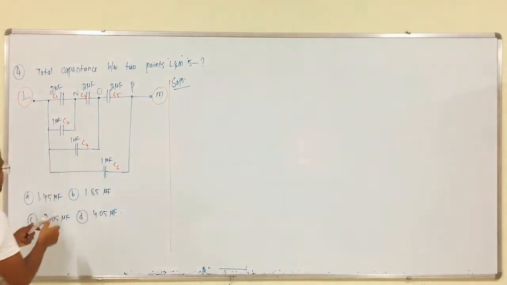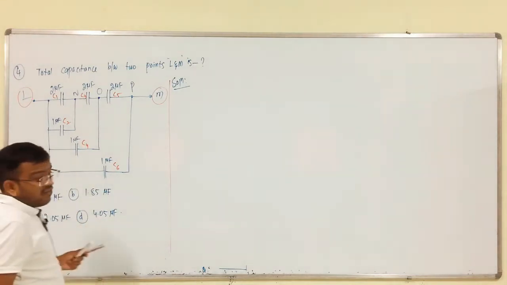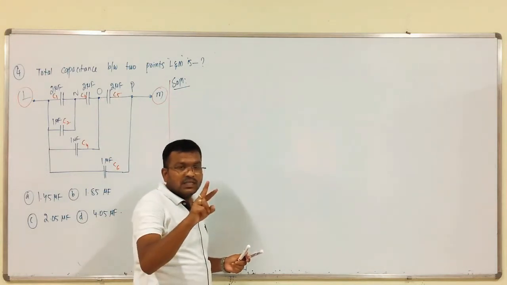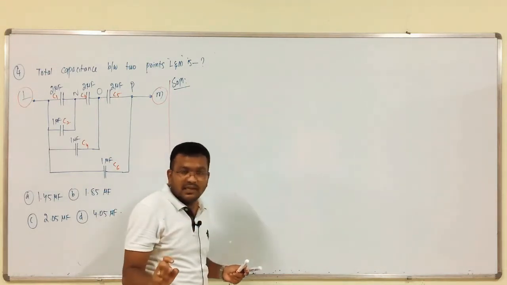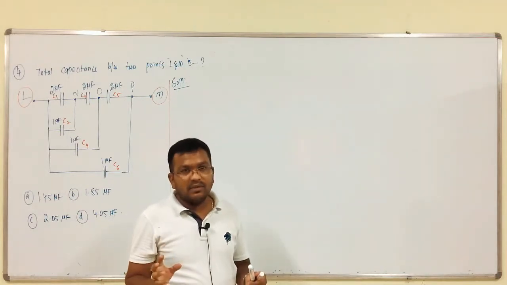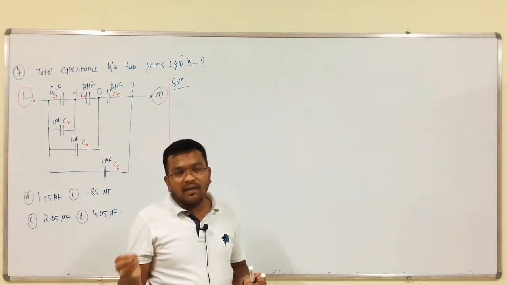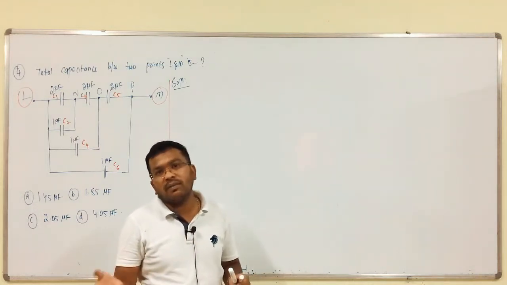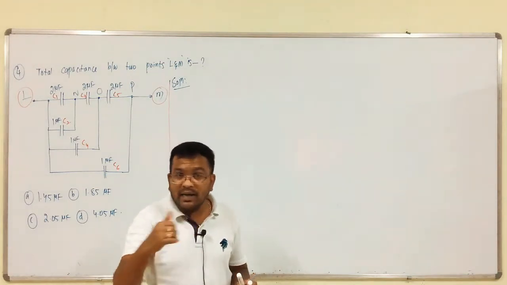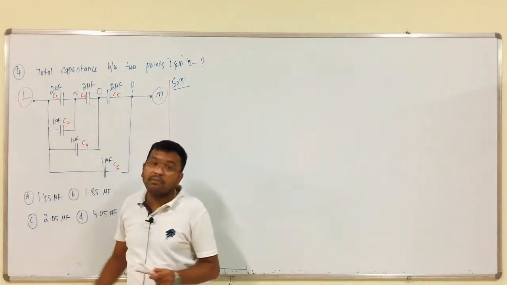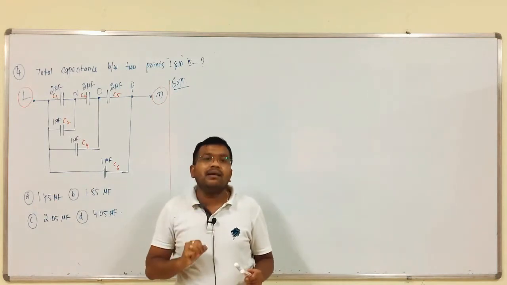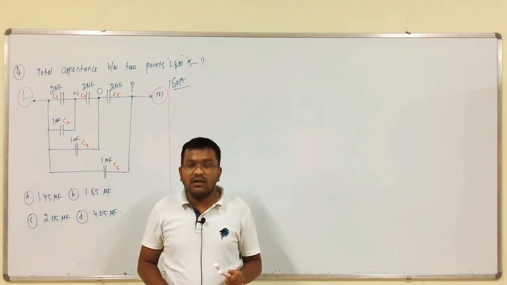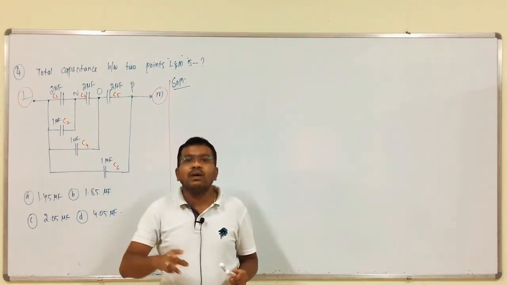First, in case of capacitance calculations, you should be careful. If two resistors or two inductors are connected in series, simply we have to add them. If those are connected in parallel, we have to add them by reciprocal of those values, that is 1 by R1 plus 1 by R2 or 1 by L1 plus 1 by L2. But in case of capacitance, if these two are connected in parallel, we simply add them, that is C1 plus C2. That is the only difference in case of capacitance calculations. If they are in series, C1 C2 by C1 plus C2, that is it.